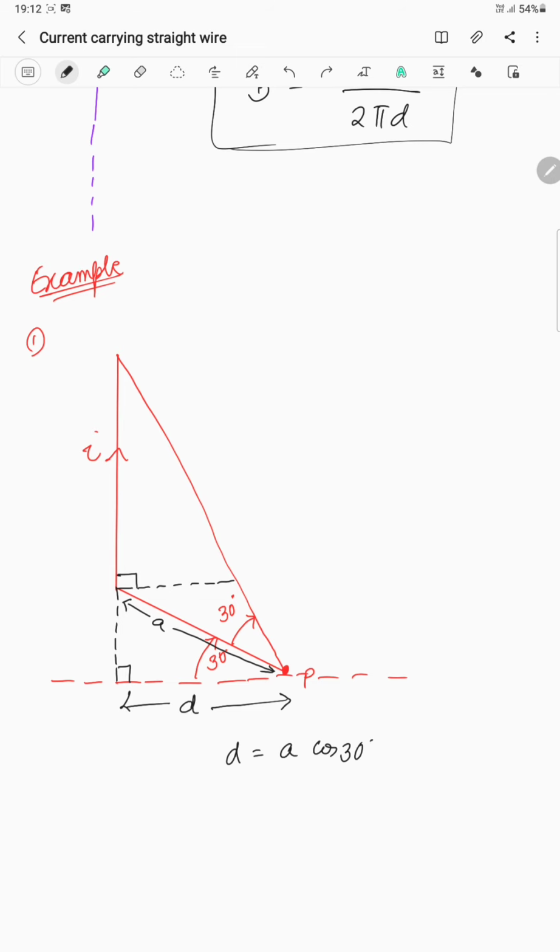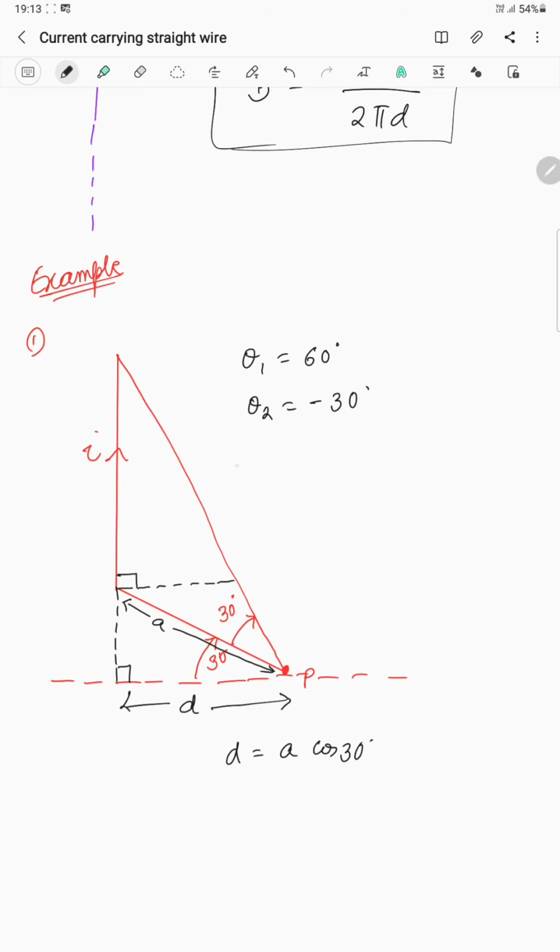Now, looking at this, what should be theta 1? Theta 1 is taken from d, in the above direction: 30 plus 30, that becomes 60 degrees. Now, what will be theta 2? Theta 2 is taken from the reference line, but in the opposite sense. If it is in this direction, it will be positive. If you are taking theta 2 in this direction, then it will be negative. So theta 2 will be minus 30 degrees. Students make a mistake, they may take it as plus 30. So don't forget that it should be minus 30 degrees.